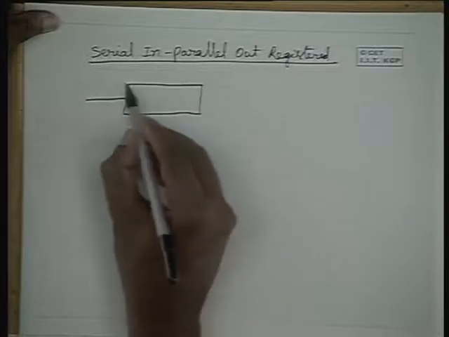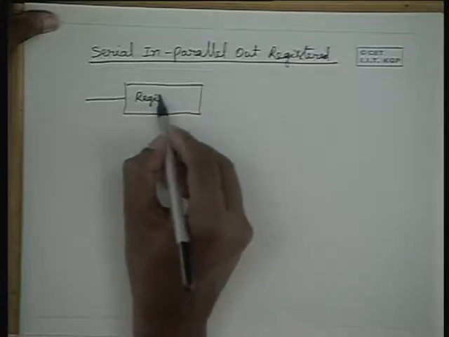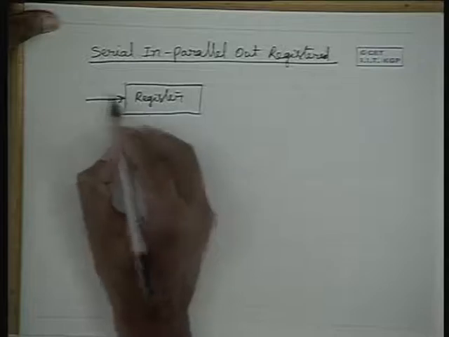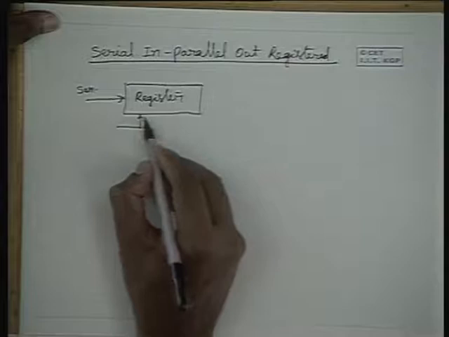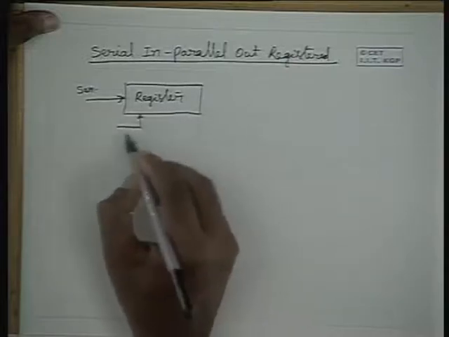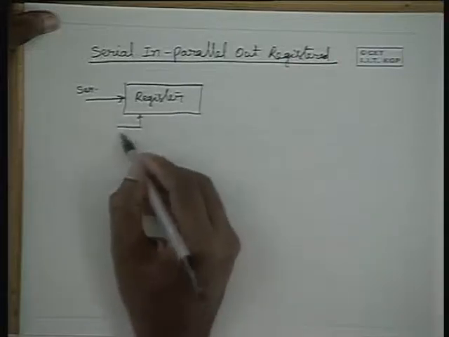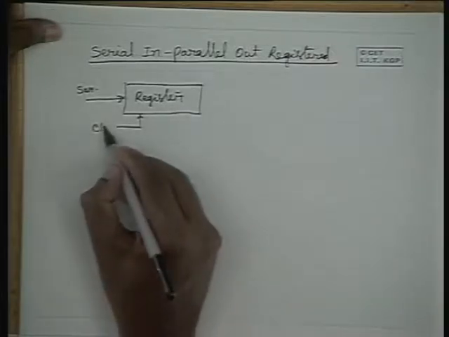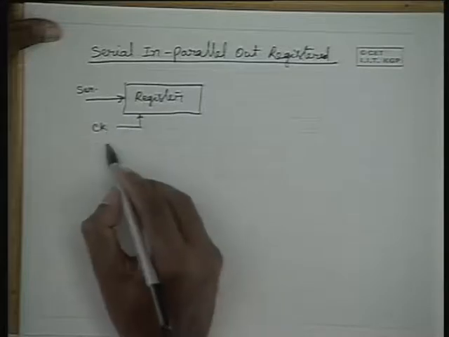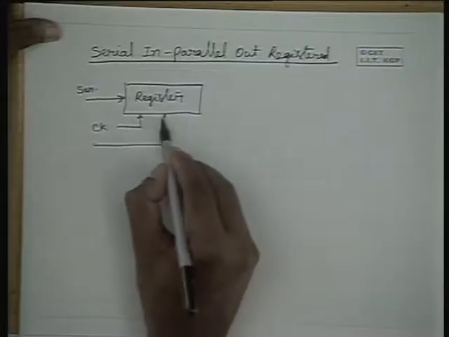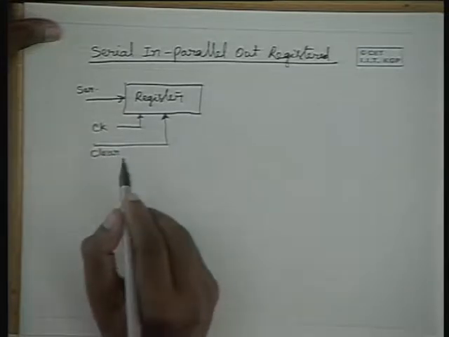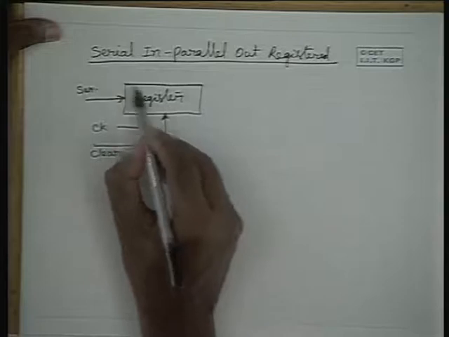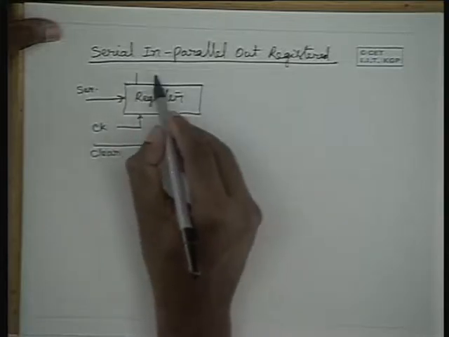It is a register which has a serial input. It also has a clock which goes to all flip-flops inside, as we have seen in the previous sheet. So this is the clock. It also takes a clear input, as we have already seen, and what comes out is